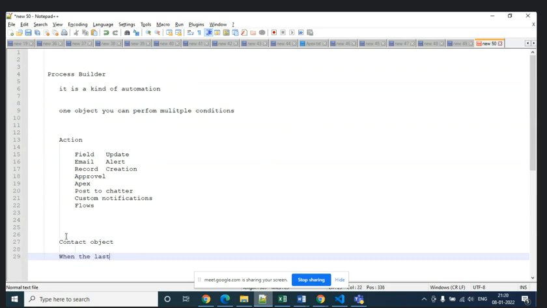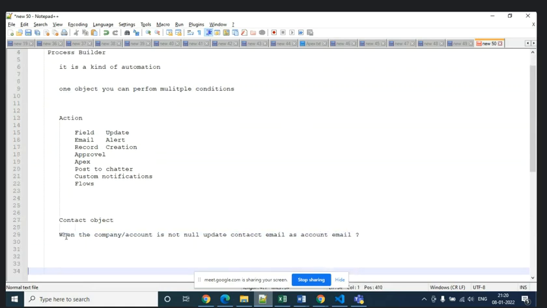When the account is not null, update the contact email as the account email.